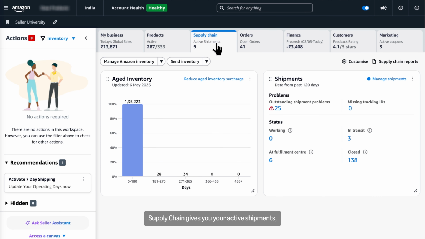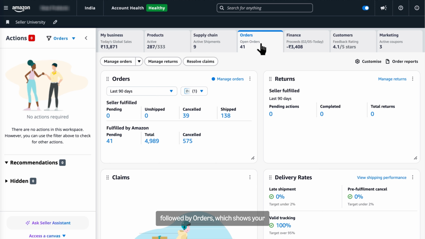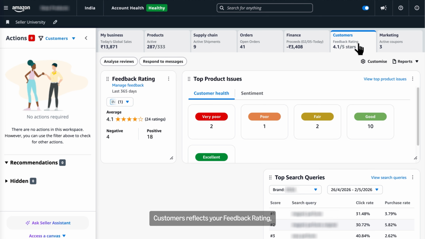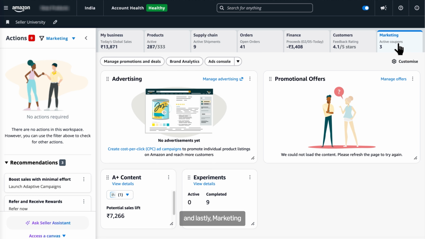Supply Chain gives you your active shipments, followed by Orders, which shows your open orders ready for action. Finance shows your proceeds. Customers reflects your feedback rating. And lastly, Marketing displays your promotions, advertising, and discounts.